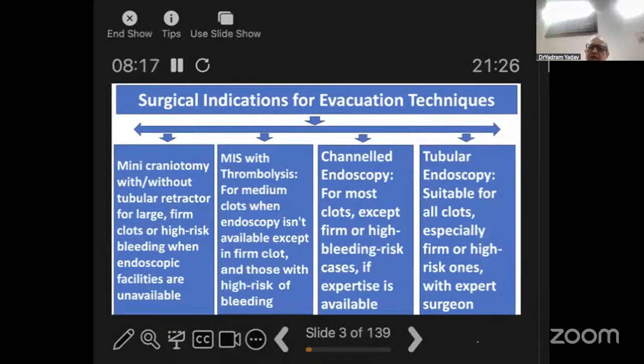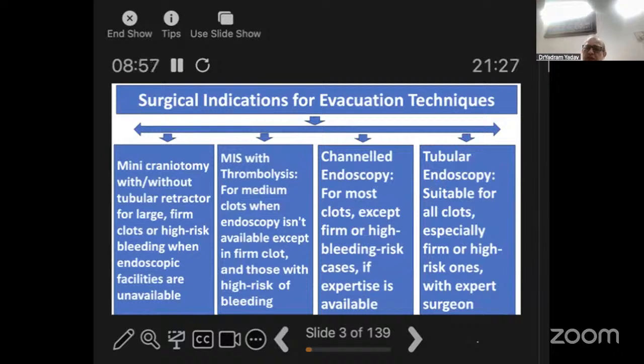Channel endoscopy is appropriate for most hematomas, except when the clot is firm and when you have high risk of bleeding, like a spot sign or dot sign, or an irregular hematoma with satellite hematoma. But you require an experienced endoscopic surgeon. These limitations of channel endoscopy can be overcome if you have CUSA or a suction coagulation system, which can be passed through the